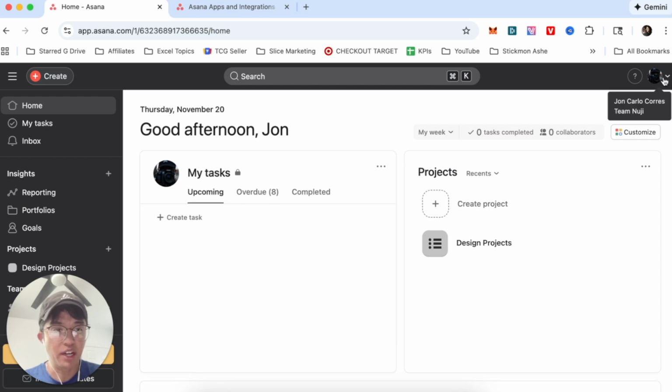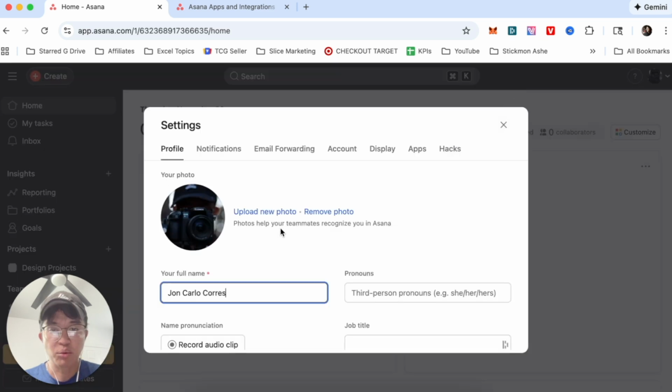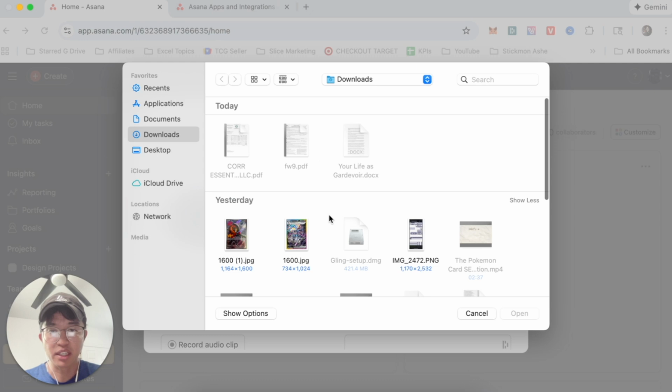Next, click on the profile icon on the upper right-hand corner. And then from here, go ahead and click on Settings. Once you click on Settings, you can either upload a new photo or you can remove your current photo. So if you click on Upload a new photo, it'll prompt you to actually select a photo from here, and